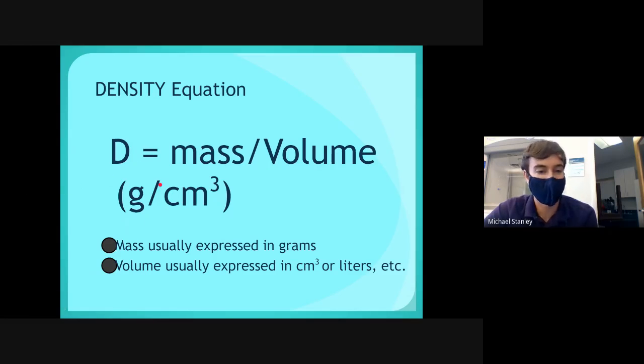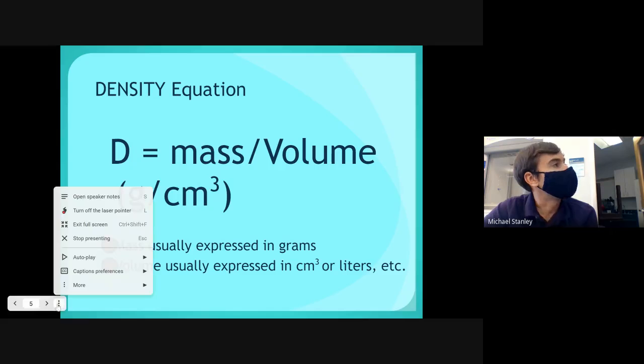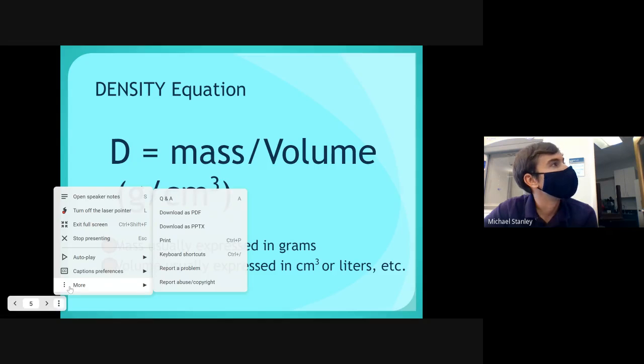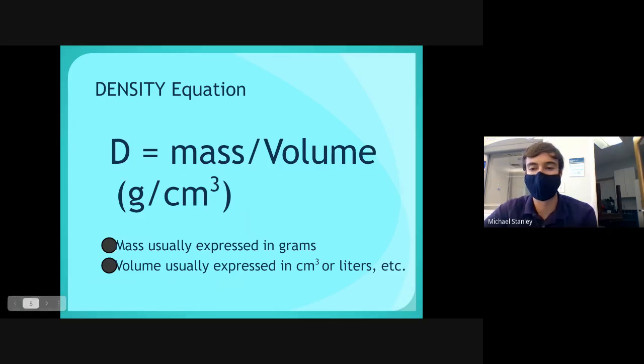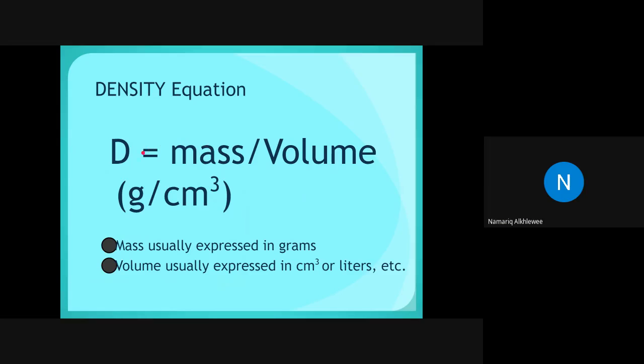The one annoying thing about this is I don't think I can write on the screen. I'll also put those numbers in chat if it's easier to follow along there. So let's say the volume of your trash can is 100 cubic centimeters, and you take your trash bag out and measure the mass, and the mass is, I don't know, 500 grams. So if our volume is 100 and our mass is 500, in order to